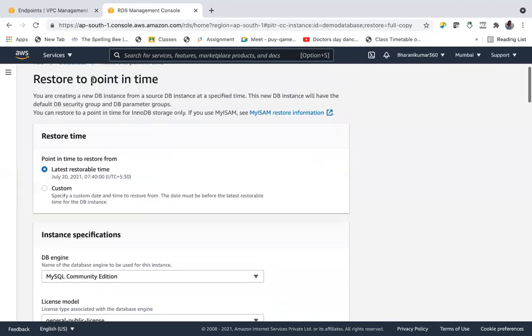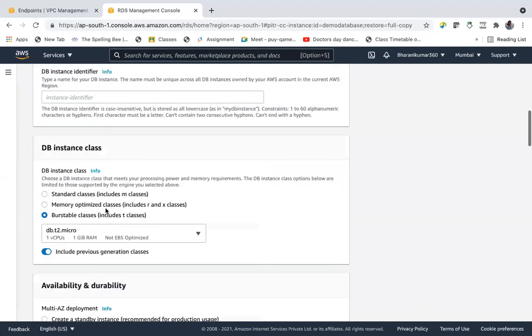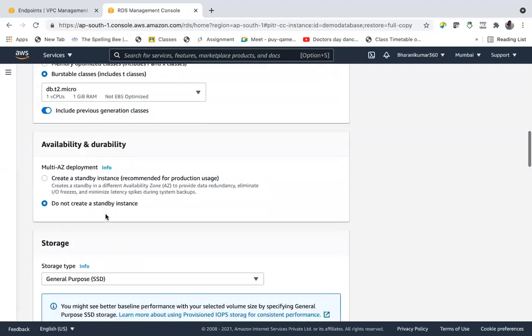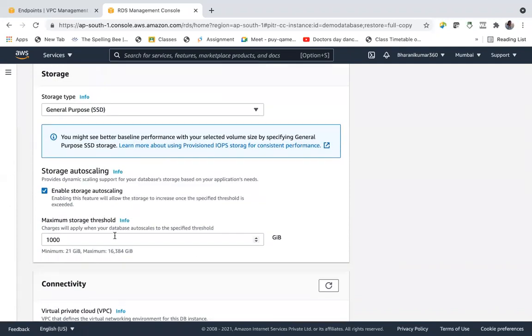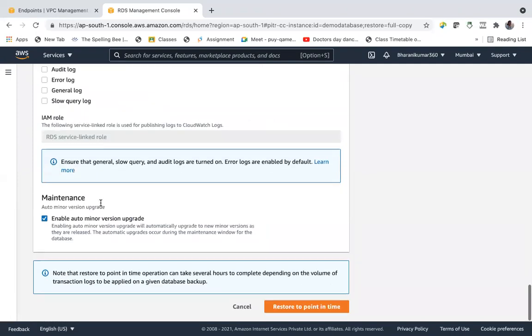And if you want to restore the database, that means you are creating a database with all the updates up to this point, 7:40, right? We can see all the options when we go through while creating the database. We also got the same set of options, right? So the same set of options again. Okay, cancel.